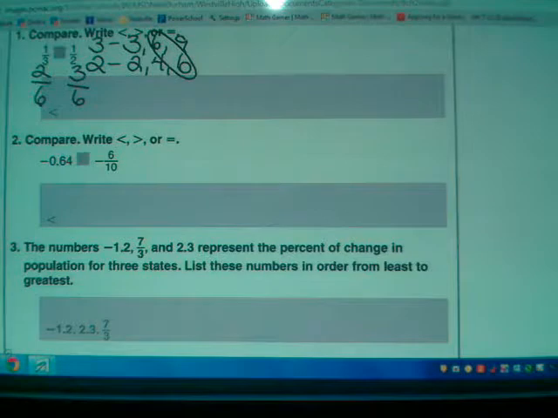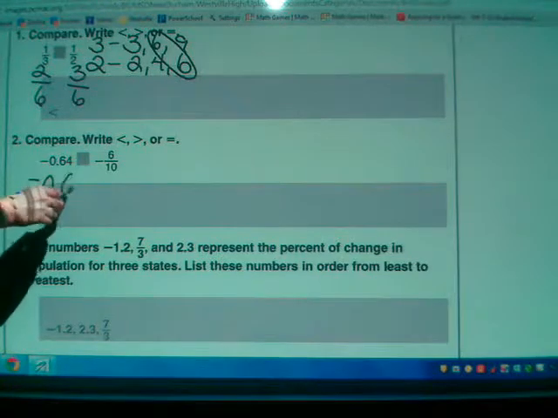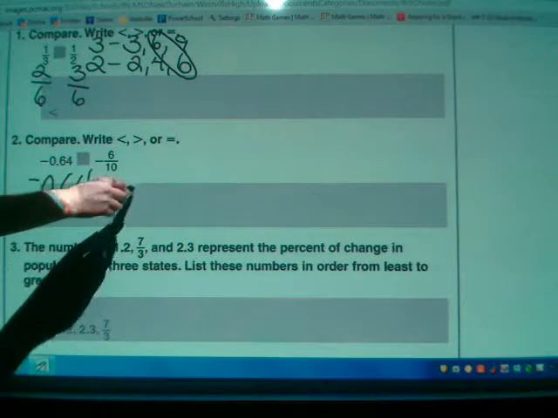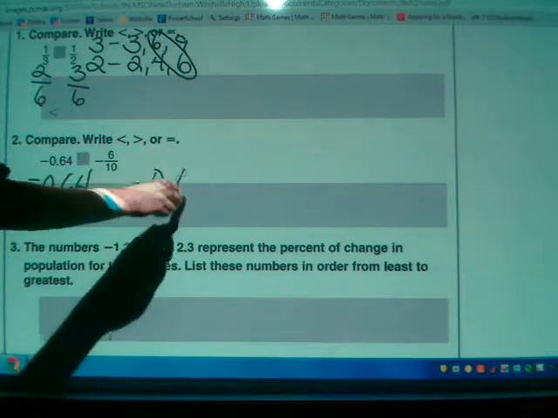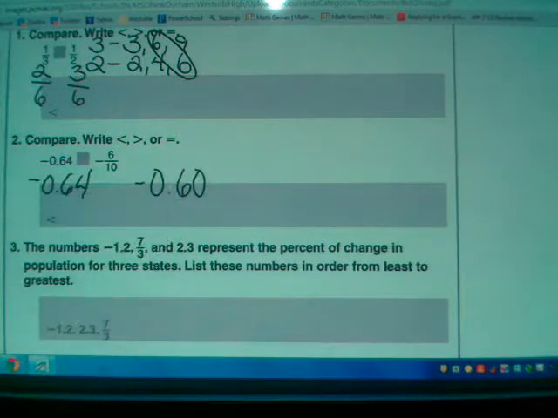So you're going to do 6 divided by 10 on the calculator, which is 0.6, or I can write it as 0.60. And the reason I'll do that is simply to achieve balance in comparing these things. It makes it easier if we have the same number of digits both ways. Now remember, as we discussed earlier, when we're in negative territory, the closer you get to 0, the bigger the number is. If you want to think about it another way, think about how these things fall on a number